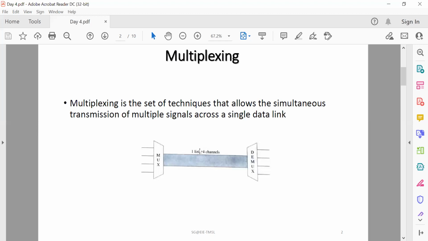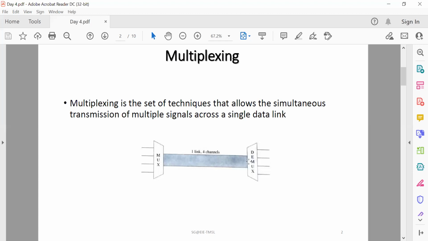So in a multiplex system, suppose n lines are there. These n lines share the bandwidth of one link. This figure shows the basic technique of multiplexing. The four lines send their transmission streams to a multiplexer, which combines them into a single stream. That means many to one. That is the basic principle of a multiplexer.